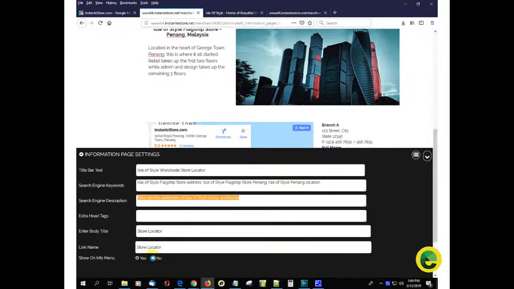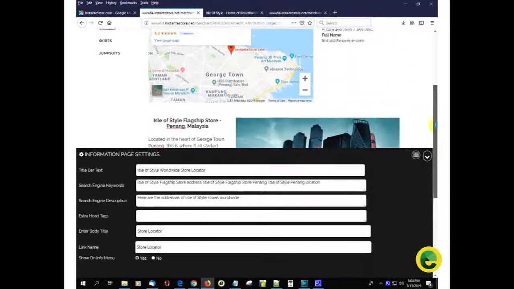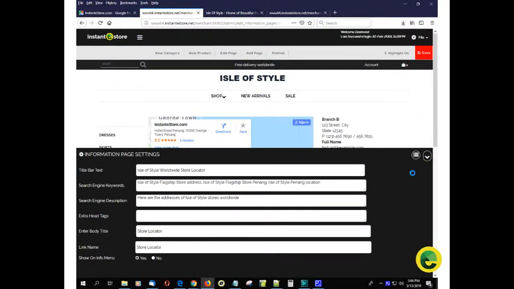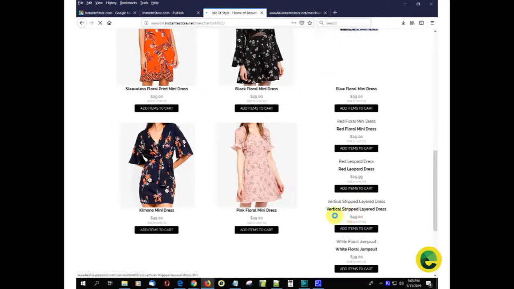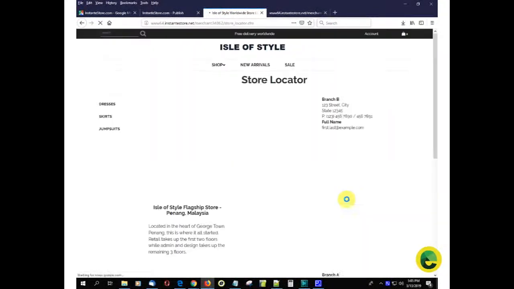And then you can choose whether you want this link to appear in the footer. Okay, right, so I've chosen to let it display, and I'm going to save this. To save the changes, click Save. If you want to discard the changes, just click this little icon, and you will return to the custom page listing. Okay, so I'm just going to save here, and then probably publish it because I want it to appear live. So I refresh the page, and there it is. Let's just see how it looks. Okay,